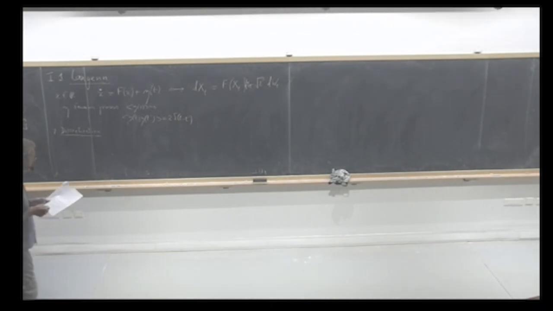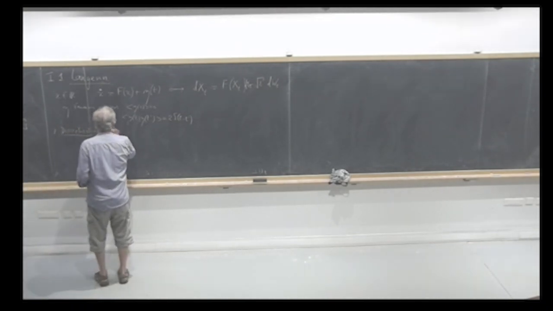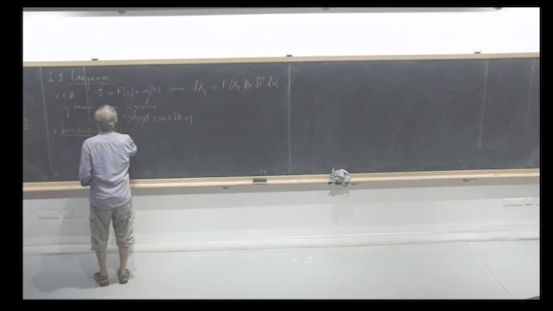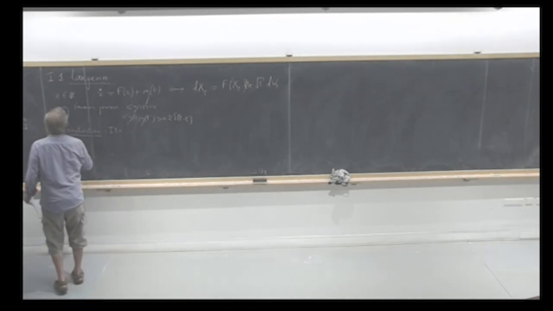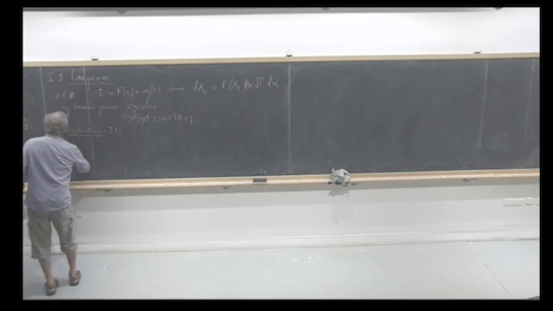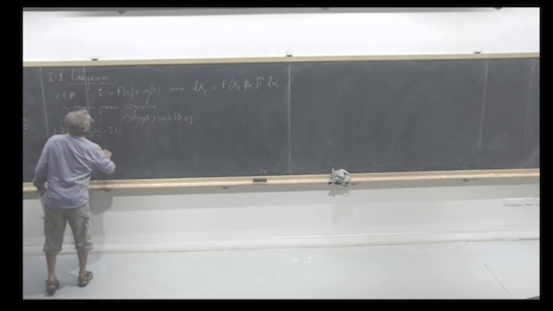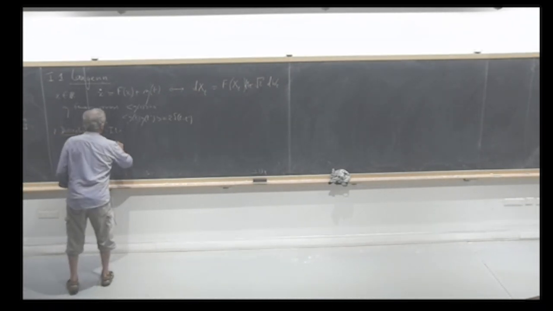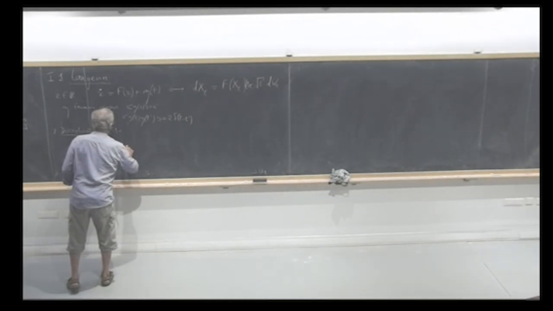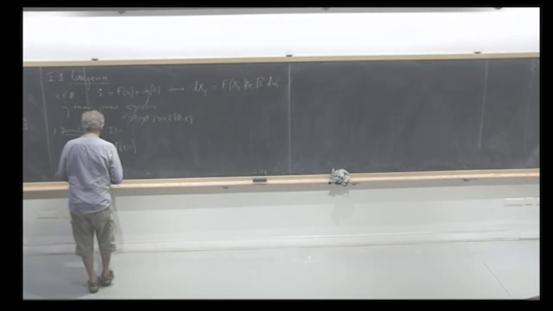The standard discretization that I will use is the Ito discretization, in which I will write x of t plus delta t minus x of t is equal to f of x of t times delta t